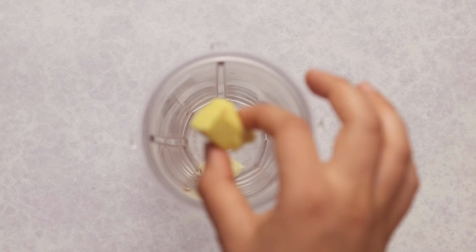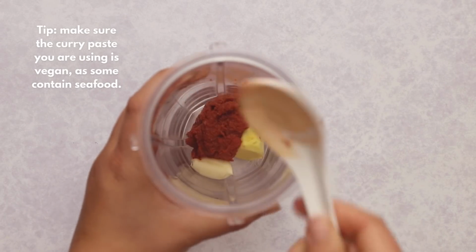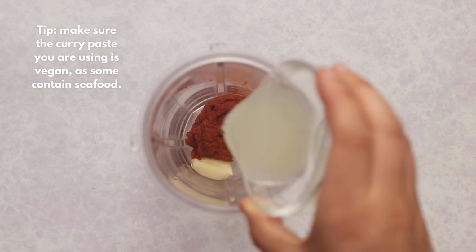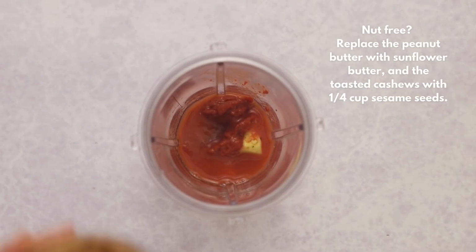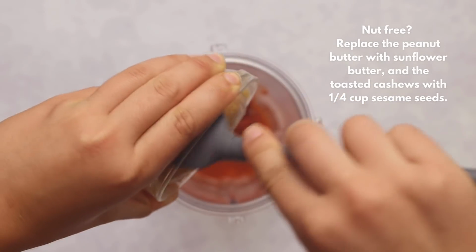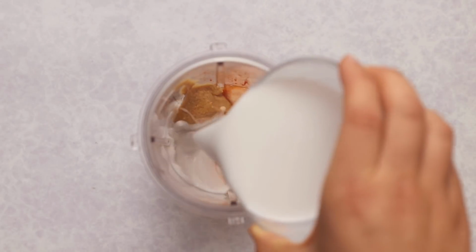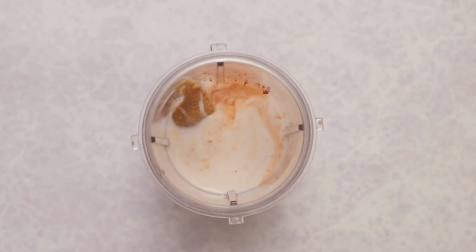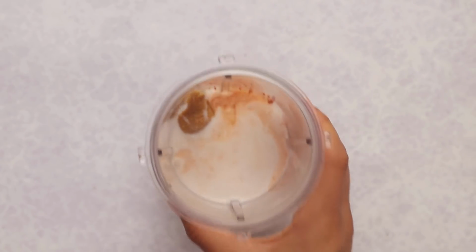We'll add some garlic to a blender along with some fresh ginger, a hefty scoop of red curry paste, some lime juice. Then we'll also add a touch of maple syrup for sweetness, and then for creaminess, we're adding both creamy peanut butter, which complements the curry paste really well, and then also some coconut milk, which also complements the paste pretty well. Then we'll add in some salt, and we'll blend this up until it forms a nice and